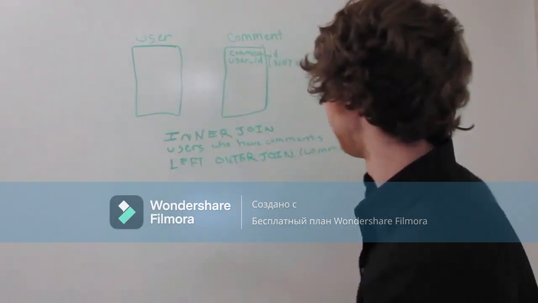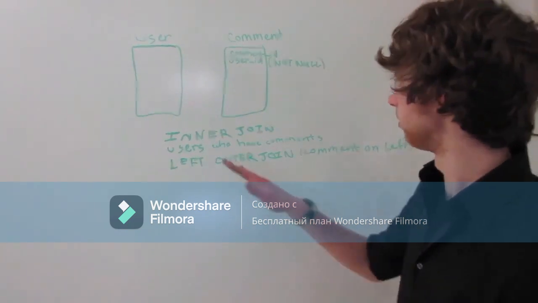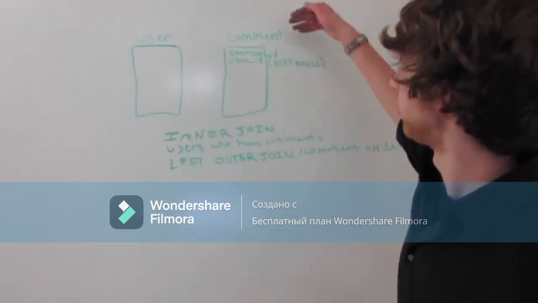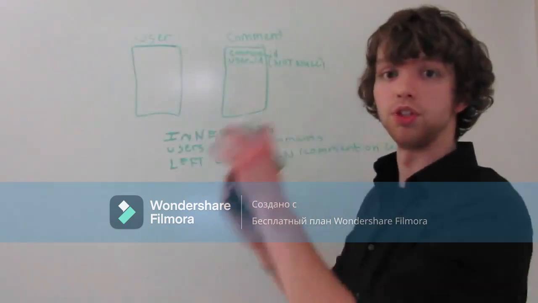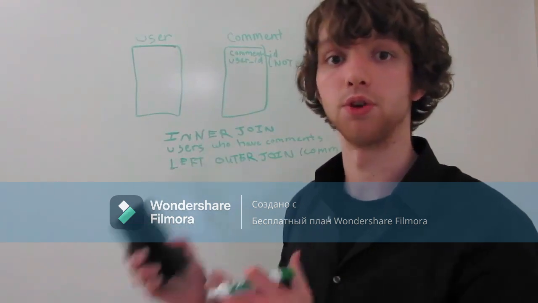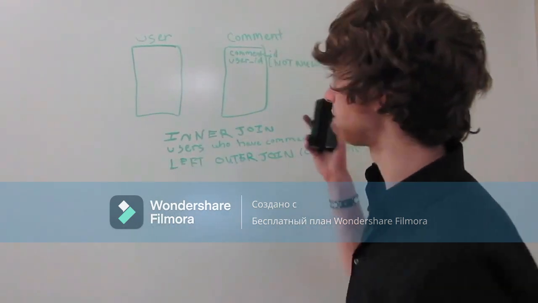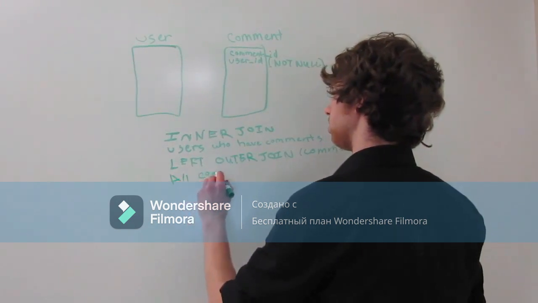We're good. All right. The other option, well actually let's talk about what that's going to do first. Left outer join is going to give you all of the comments and then give you the associated users who have posted those comments. So every single comment will be included. So the return result will be all comments